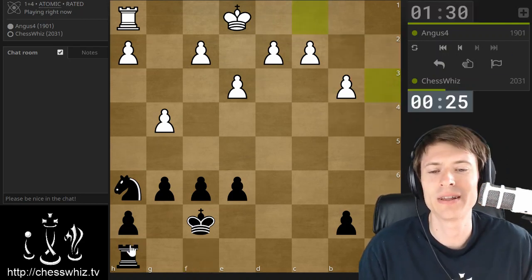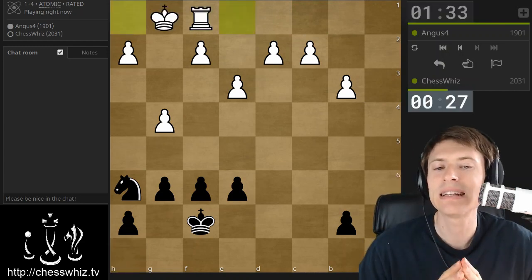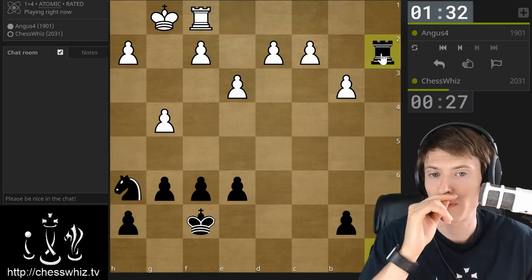He's rated only 1901. That's so long ago. They didn't even have television back then. And so why would I want to draw? But the fact is, if you don't draw, you lose. It's very difficult to win this as black. But what I'm going to try to do